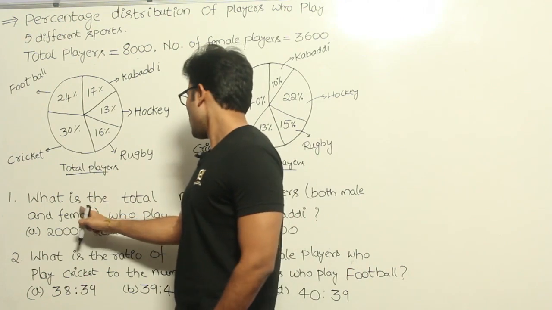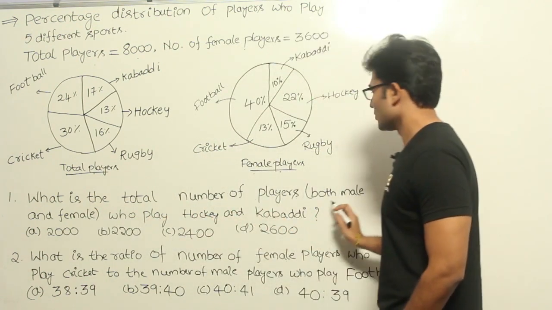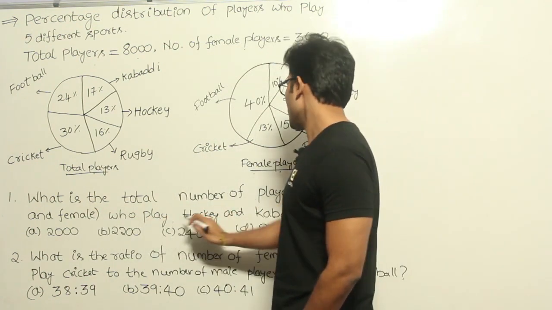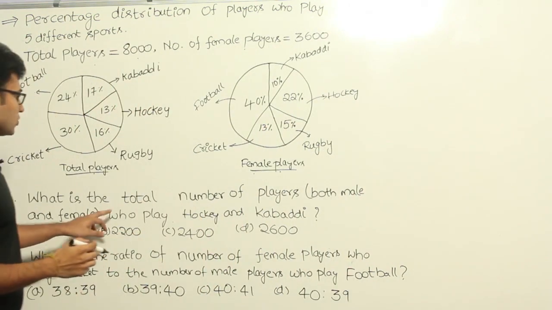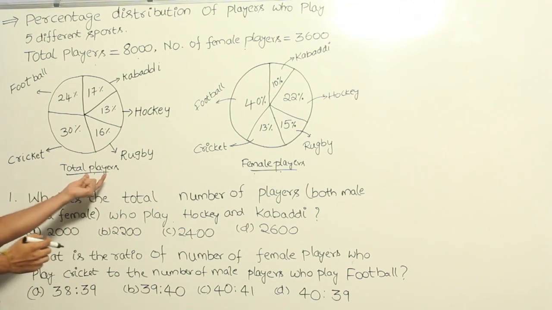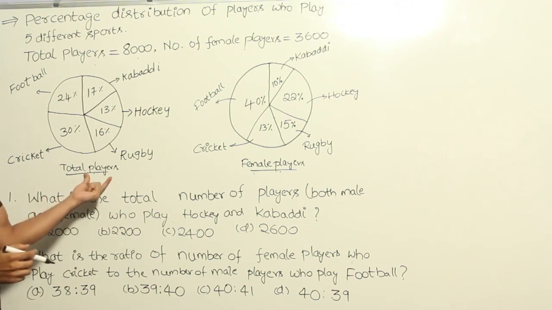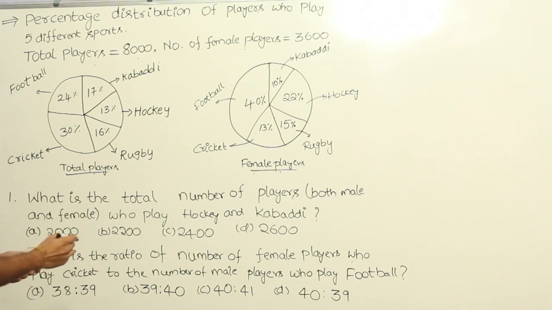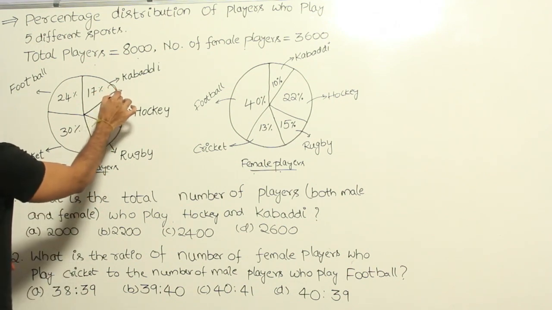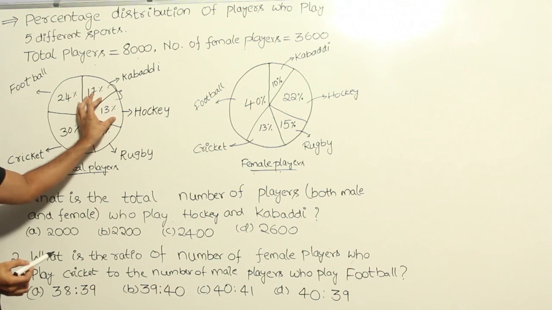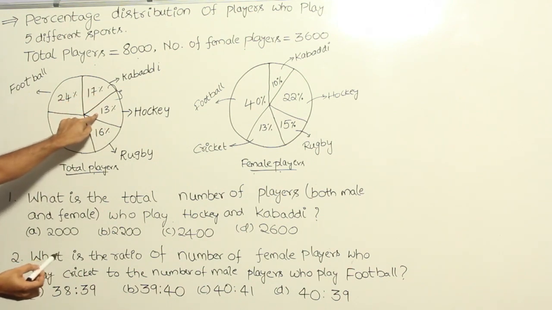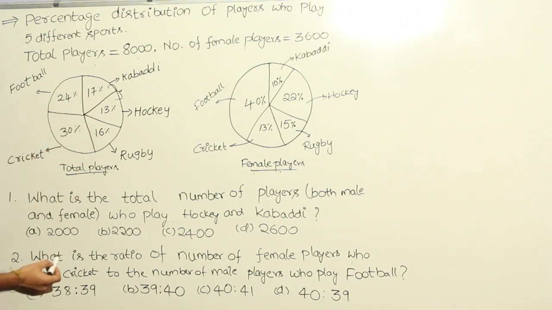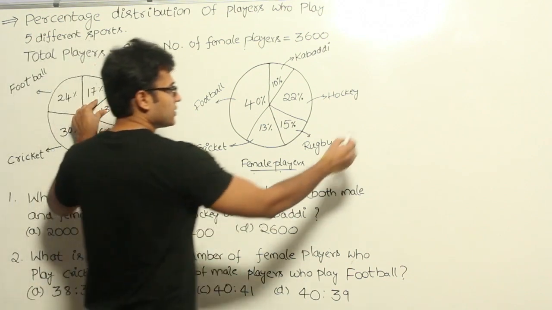First question is, what is the total number of players, both male and female, who play hockey and kabaddi? Now we are supposed to find out the total number of players who are playing hockey and kabaddi. So this is the chart which corresponds to the total players. Now we go to hockey and kabaddi, these two. If you combine these two, 17% is for kabaddi and 13% is for hockey. If you add these two, 17 plus 13 is 30, right? So it is 30%